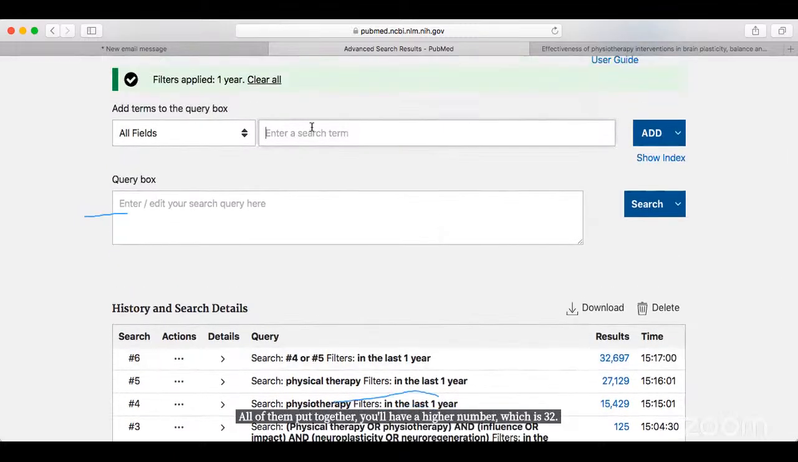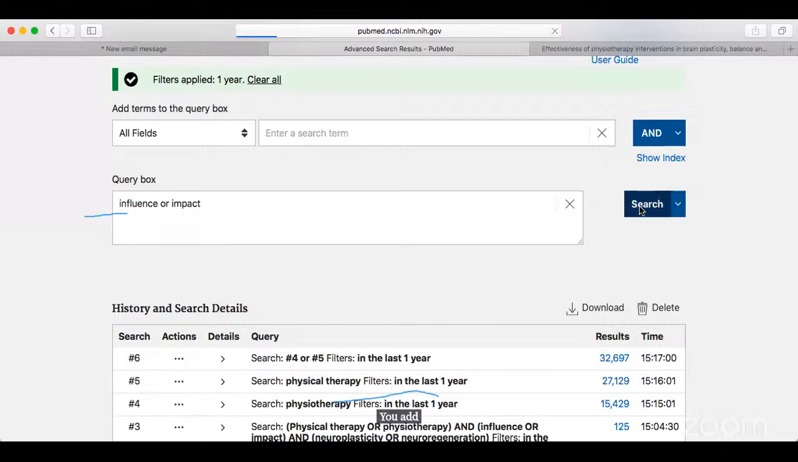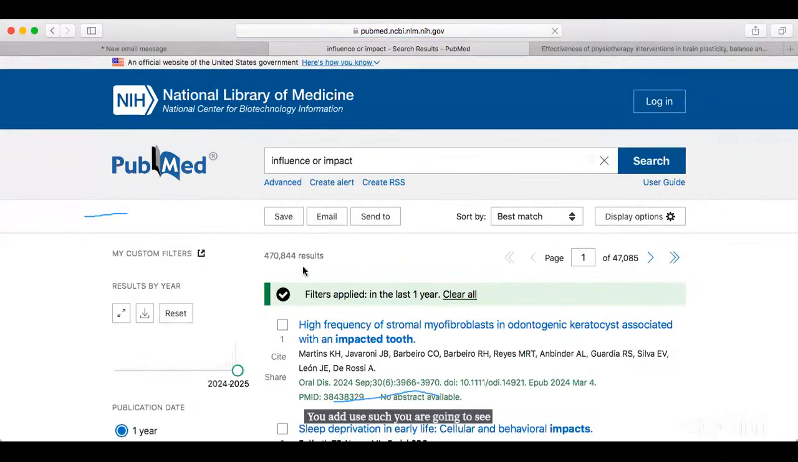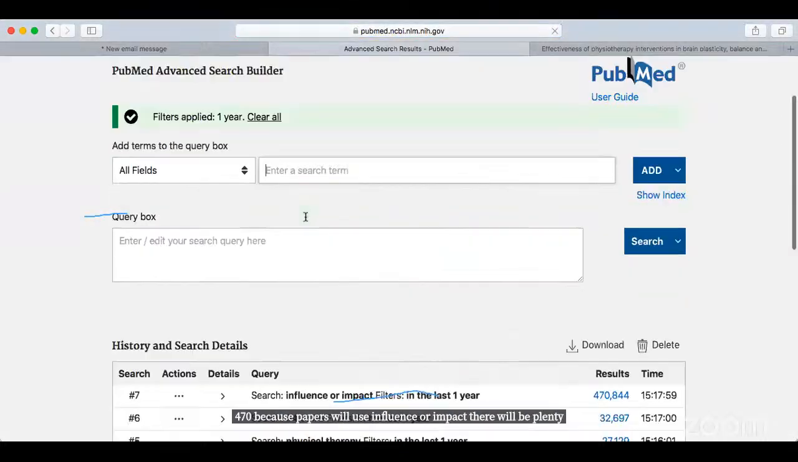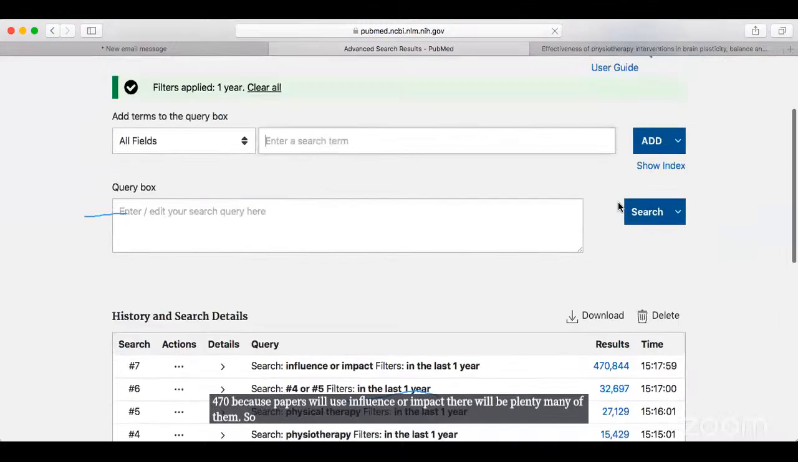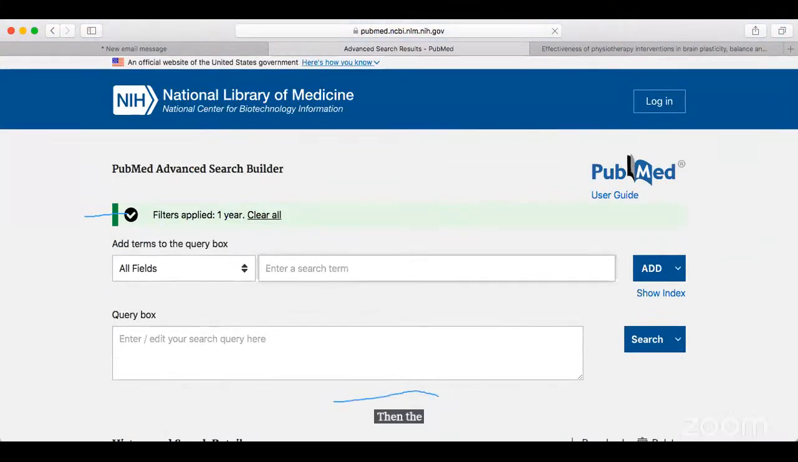Now, we had impact and influence. But instead of that, we'll say influence or impact. You add, you search. You are going to see a very big number, 470, because papers will use influence or impact, there will be plenty, many of them. So that's that. Then the last one that we had was